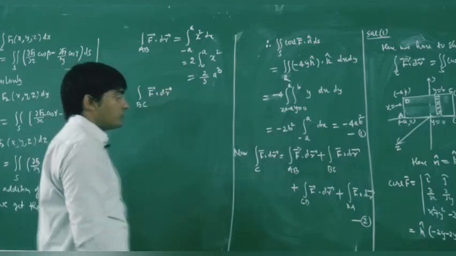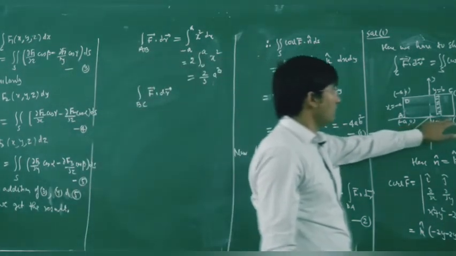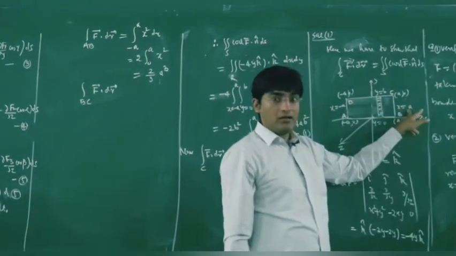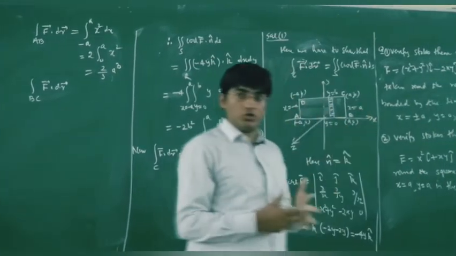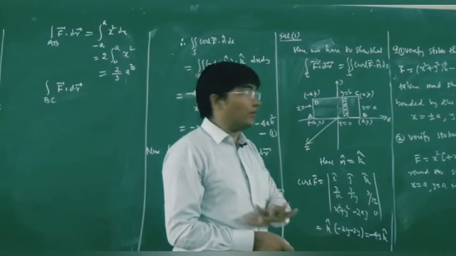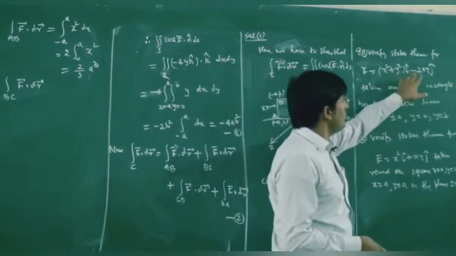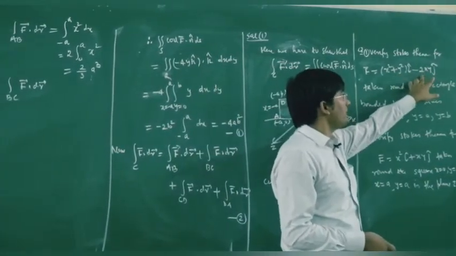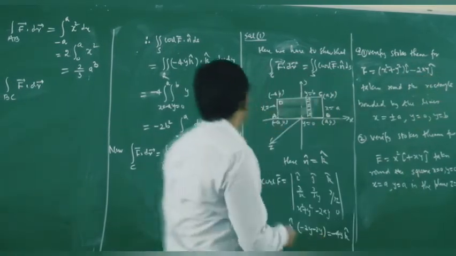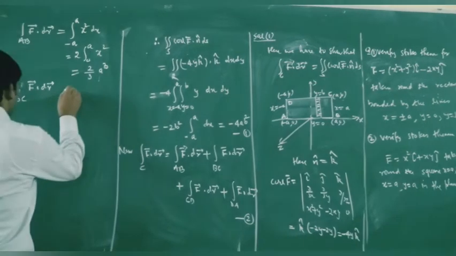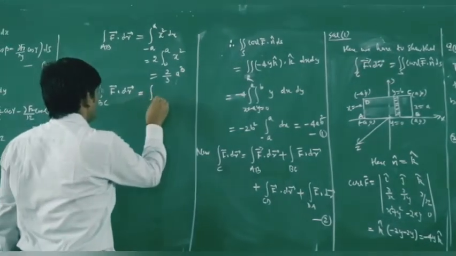Now for this line integral BC, your x is a, so your dx will be 0. As your dx will be 0, your dr will be j times dy, so this term will be 0. j times dy will give you minus 2x into y into dy. As your x is a, this line integral will be